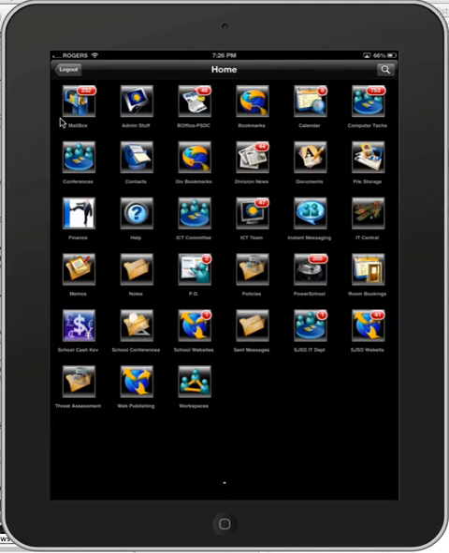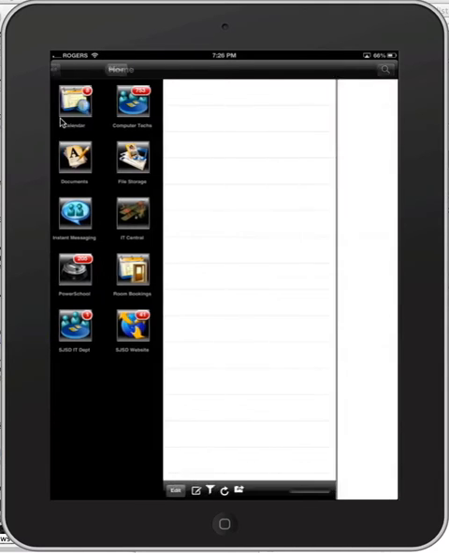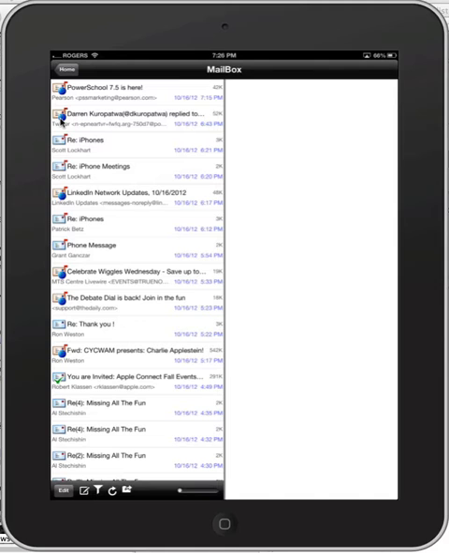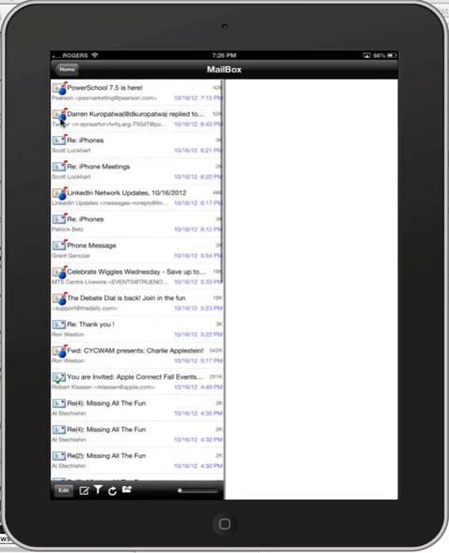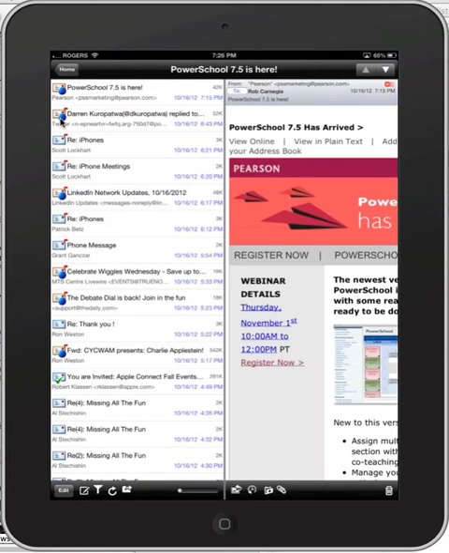So I'm going to tap on the mailbox here and open it up. And you'll notice I got a whole mess of messages inside my mailbox here, and I can scroll up and down and check out those messages. If I want to read any of those messages, for example, this message here from Pearson indicating that PowerSchool 7.5 is here, oh yay, another update, I just have to tap the message and it will be presented on the